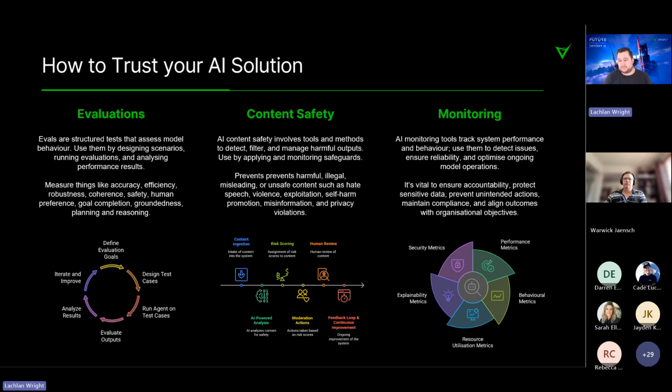So if it finds that it's something that it's pretty confident is not going to be okay, it can go ahead and take the action for you. And you've experienced that with ChatGPT or Copilot, where it said, sorry, I can't do that for you. So that's what that looks like.